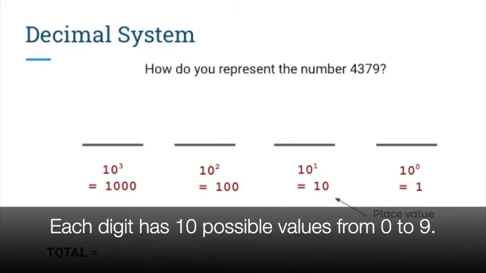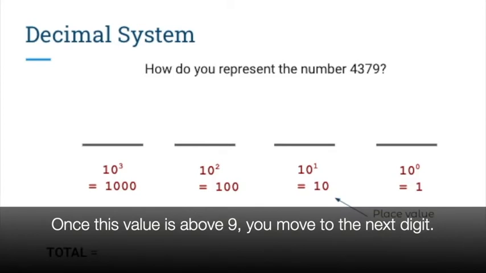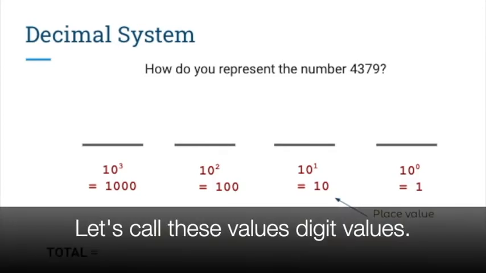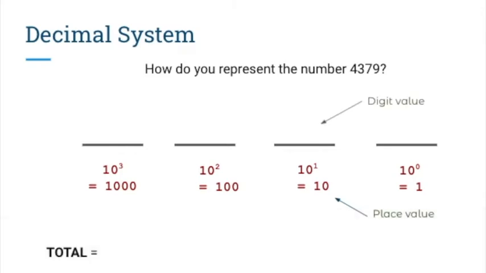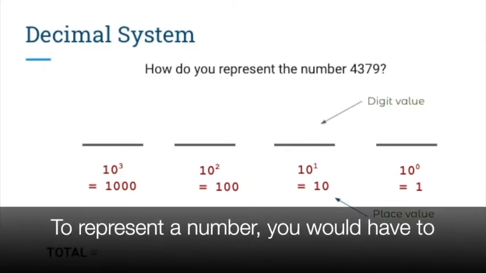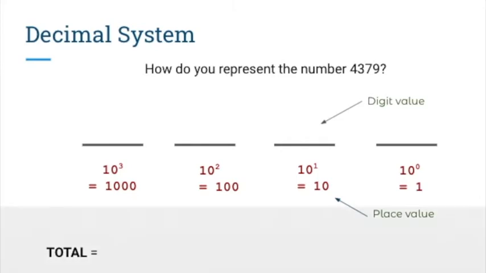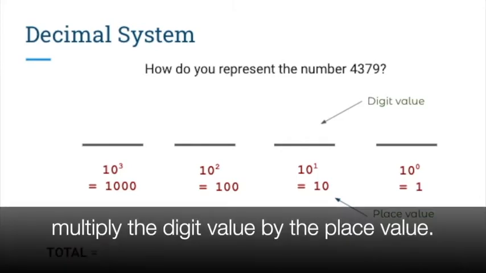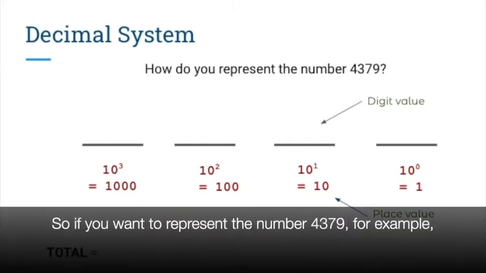Each digit has 10 possible values from 0 to 9. And once this value is above 9, you move to the next digit. Let's call these values digit values. To represent a number, you would have to multiply the digit value by the place value. So if you want to represent the number